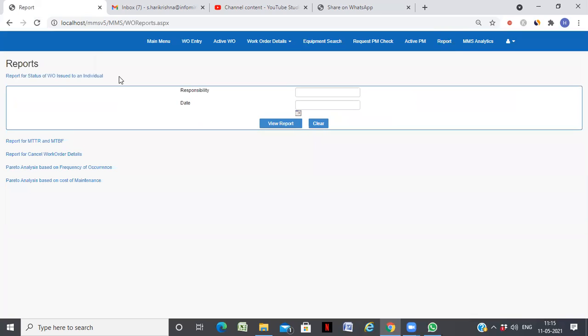And this is a report of the status of work order issued to individual. We have various reports. For example, here I can take U1, user one.